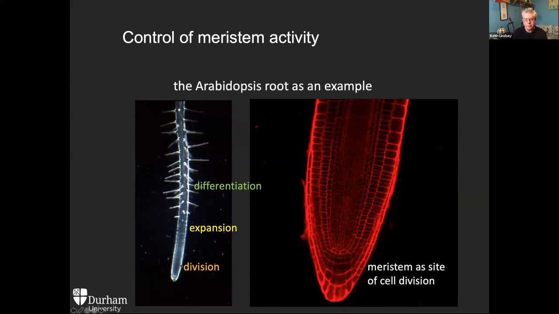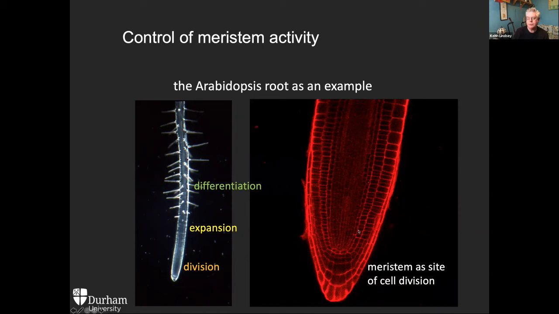So areas of cell division followed by areas of expansion followed by areas of cell differentiation. That's the progression of the formation of differentiated cells from those stem cells down here. The meristem is the key site of cell division, but the question is how does it work? Now, this is an Arabidopsis root meristem, root tip,